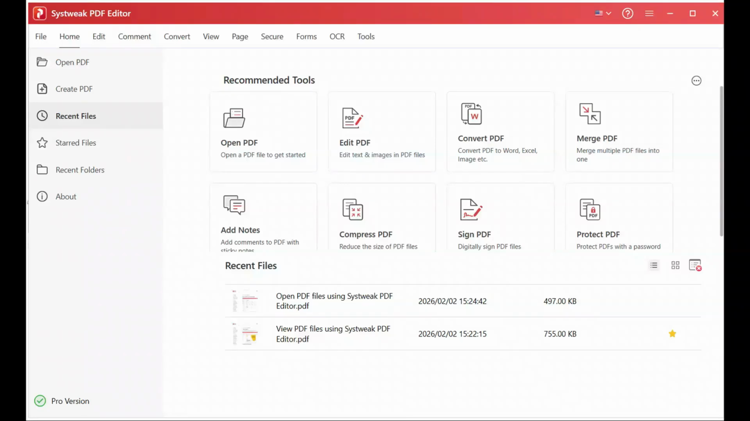If you guys are looking for a PDF file editor, Systweak PDF Editor is one of the best options for